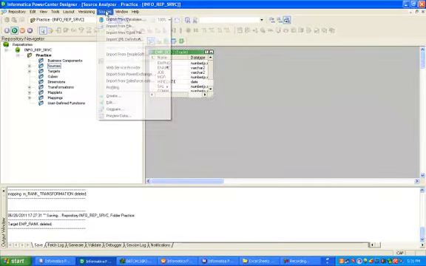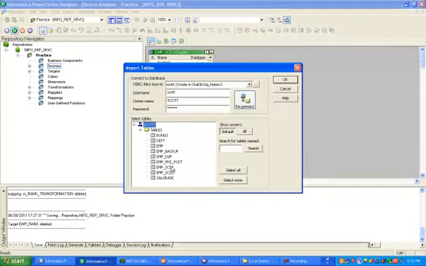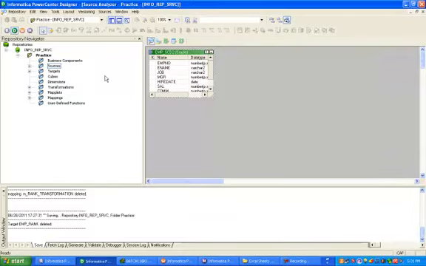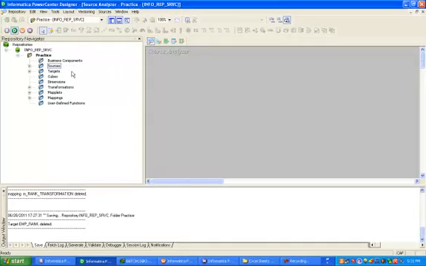Go to Sources, Import from Database, give username and password, and import your source table. In this case, employee is the source table. I have already created the employee source table here.